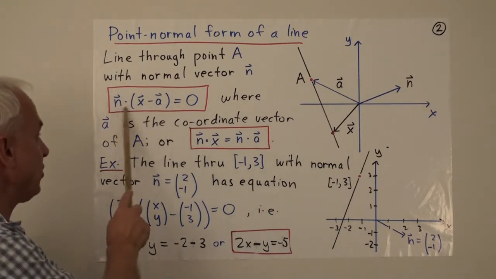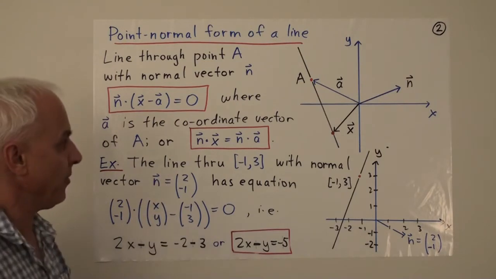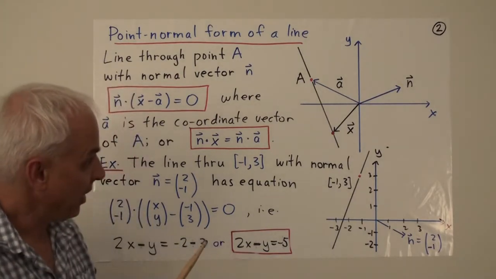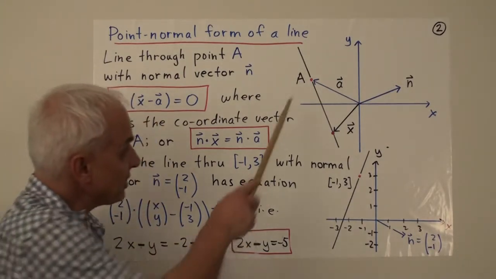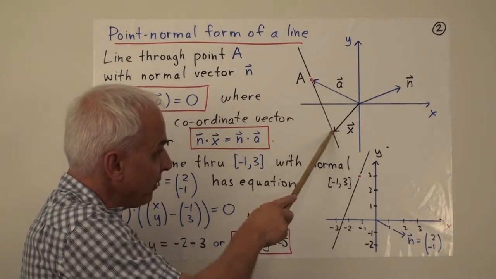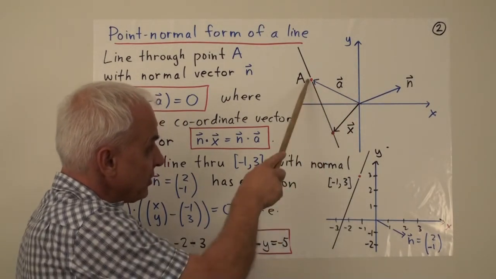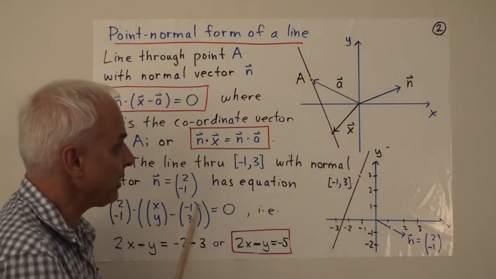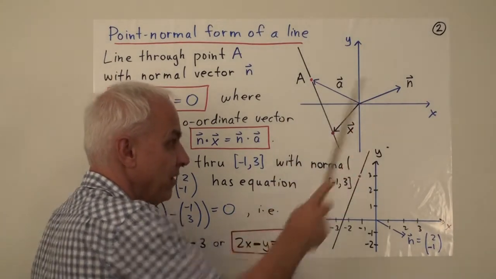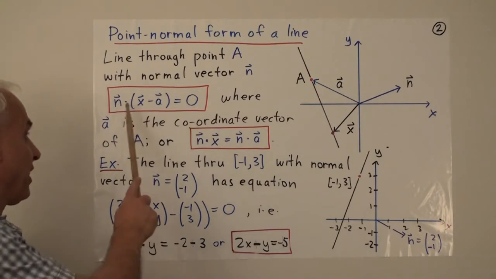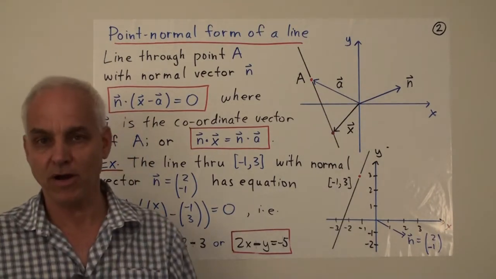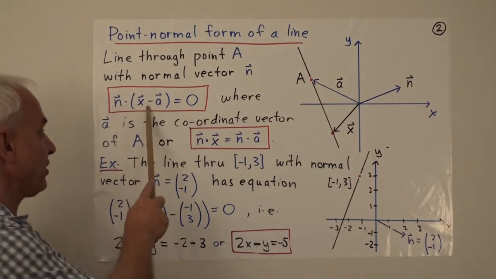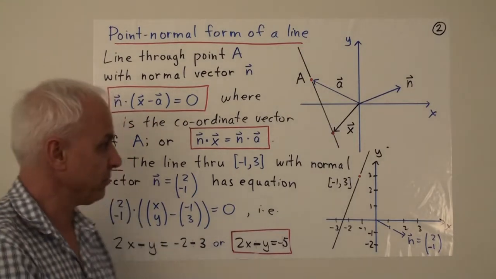Okay, so the equation for this line is then this one here. Let's have a look. n dot (x minus a) equals 0. Why is that? Well, it's very simple. It's because the vector x minus a is just this vector from this point to this point. That's the vector a, that's the vector x, so this is the vector x minus a. And the condition that we want is that this vector be perpendicular to the normal vector n. And perpendicularity is defined in terms of our dot product. That's what it means for x minus a to be perpendicular to n. It means that the dot product of those two vectors is the number 0.